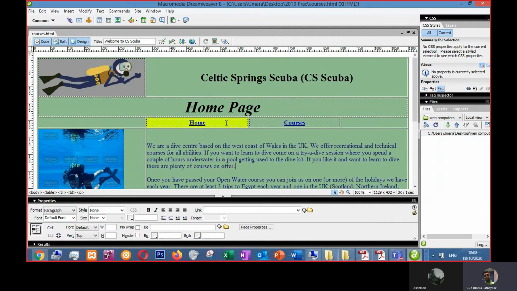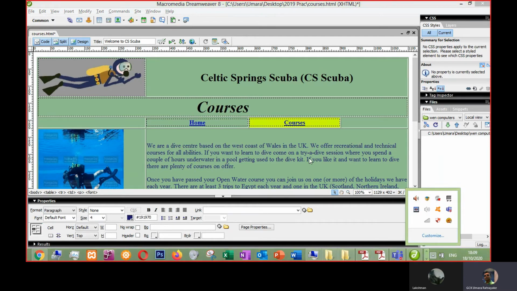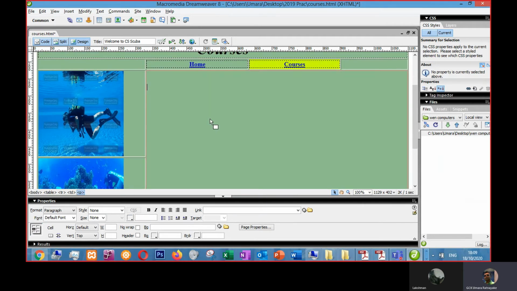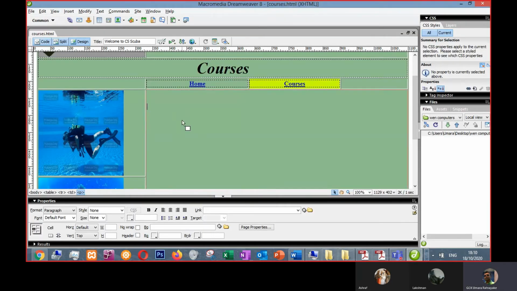Okay, so what are the changes we have to do? We have to remove the background color here. You can even copy this background color, cut it, and paste to this one. And change the home page title to courses. Remove the home page title and put it to courses. And we need to have the table, right? So let's remove this. Make sure that you don't overwrite your index file, and let's copy this and paste